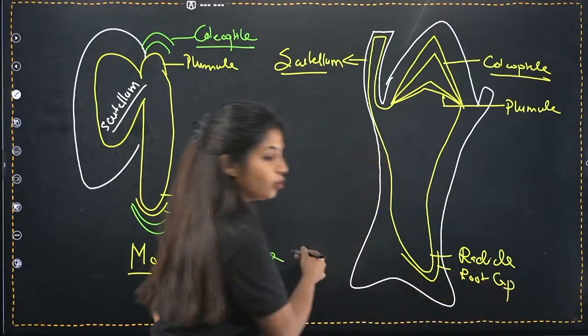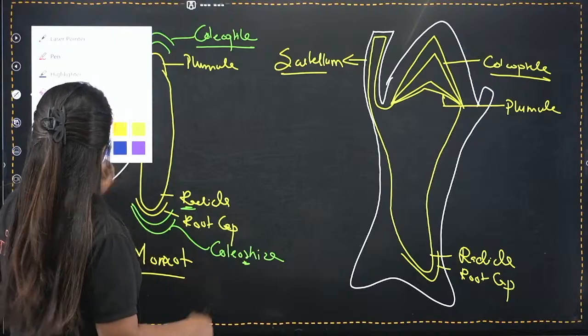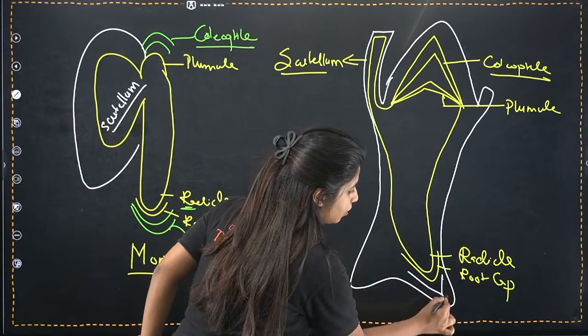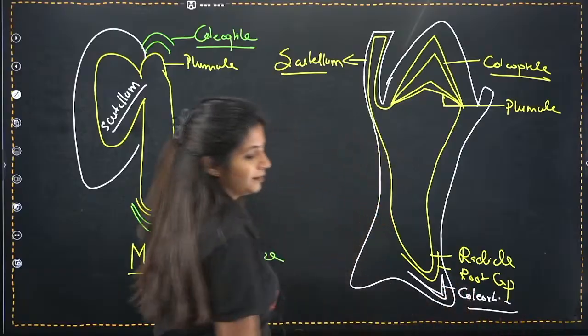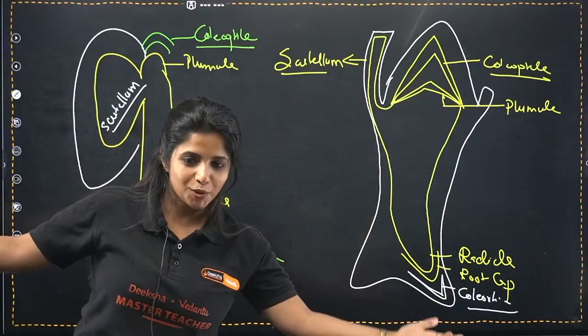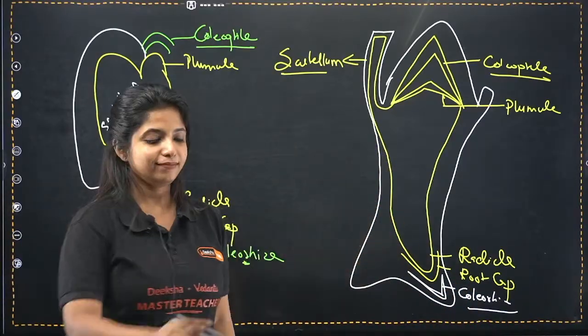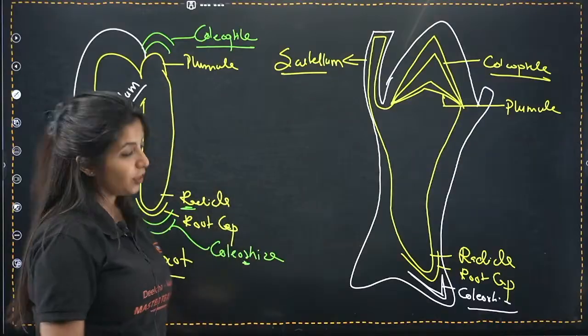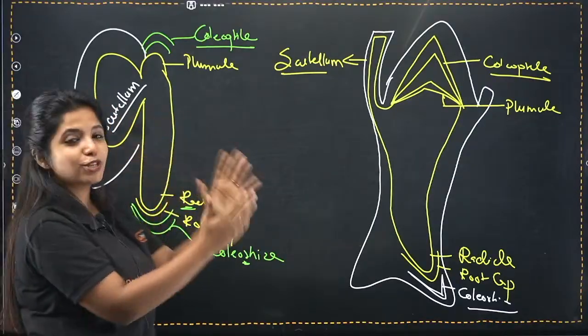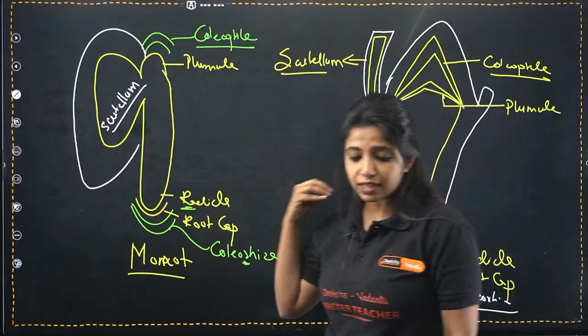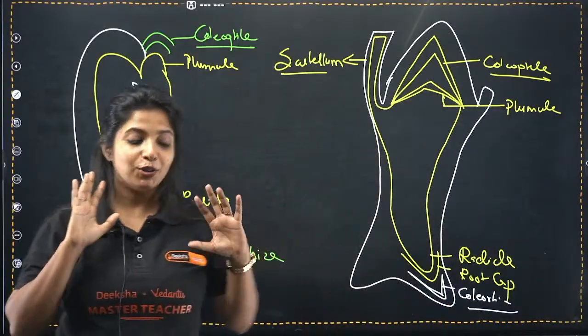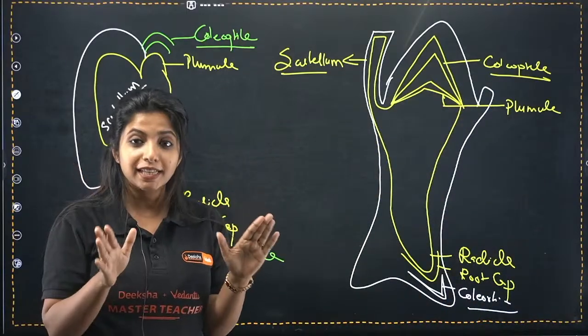Ma'am, then you have coleorhiza also. What about that? You make the coleorhiza. This is your coleorhiza. And that's all. This is the picture that you need to know. Got it? As I said, if you understand the logic, picture is going to be easy. If you do not understand the logic, picture is going to be entirely difficult. Are you getting it? If yes, let me know.